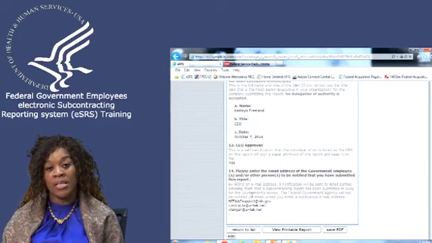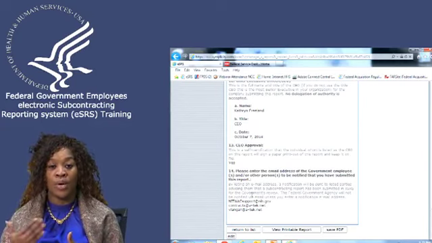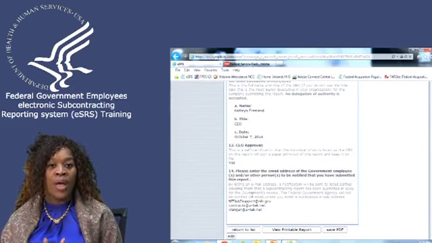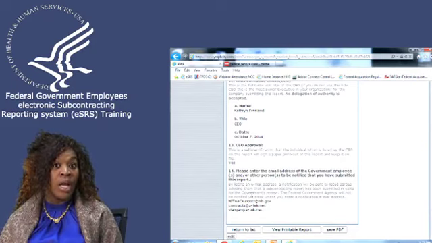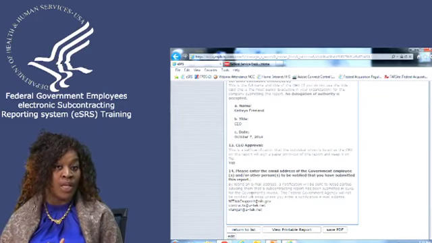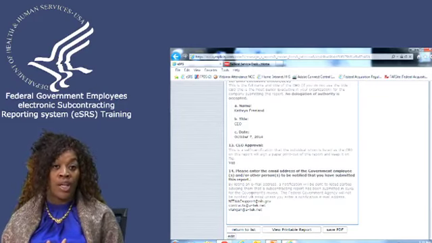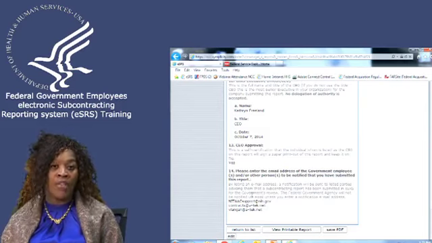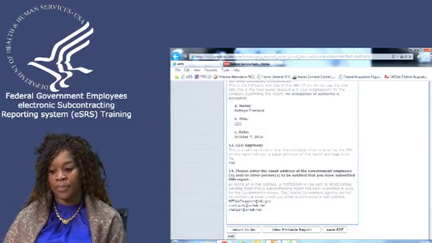If you have the responsibility, then you know that you can go to your account, log on, and just view the report. If you have gotten an email from them and you've logged on to your account and you don't see it, keep in mind it is because you have been registered to the incorrect office, and you need to contact your agency coordinator so that your agency coordinator or your point of contact can sort out the right agency office that you need to be reporting on.